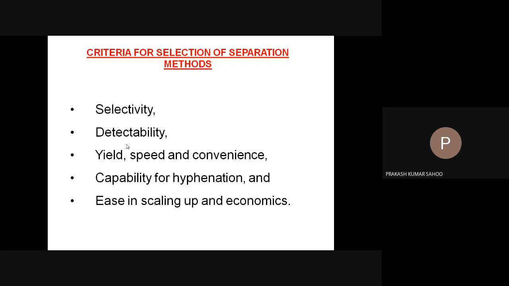It means the use of an advanced technique to separate or to detect the constituent or the substance present in a particular area or a sample. And the last one: ease in scaling up and economics. This is very important. Ease in scaling means we have to scale what type of substance is being separated, and economics is a very important part, because in economics, let us